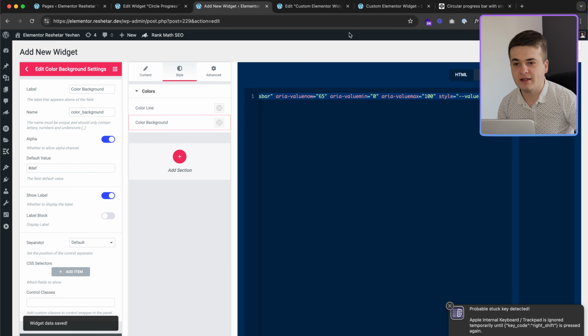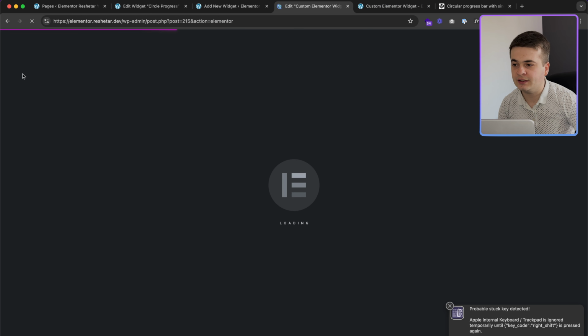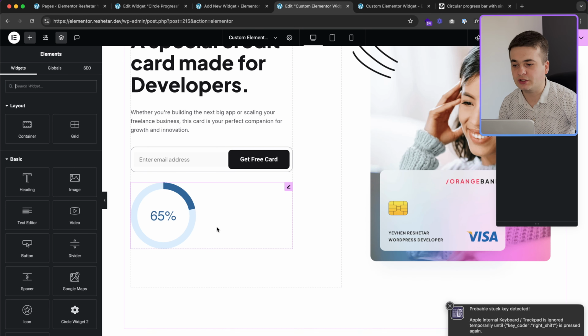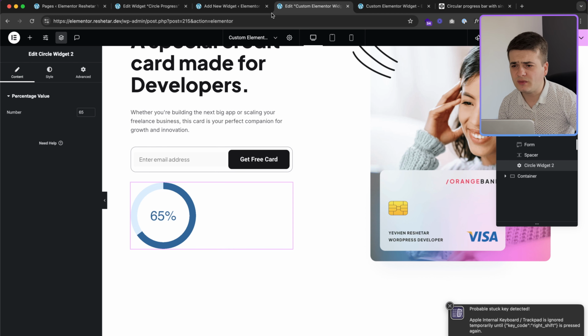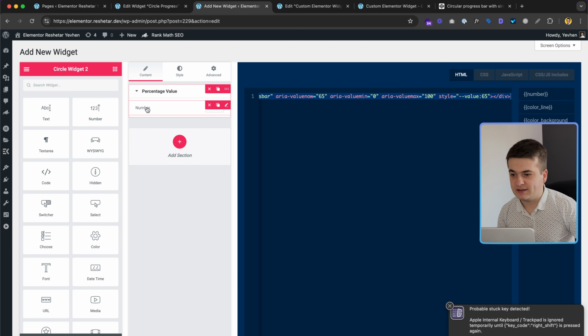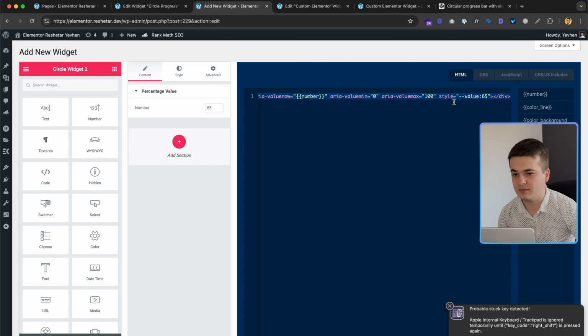And for example, if we save, we go to this builder, let's publish for saving our widget. Here we should already have fields, but it will not work here. Percentage, style, and additional fields. About content, this one, number. In number, here we have a dynamic value which we fill here, and we need to do it here. For example, I delete it and just paste number, and the same I do here for value, paste number, and